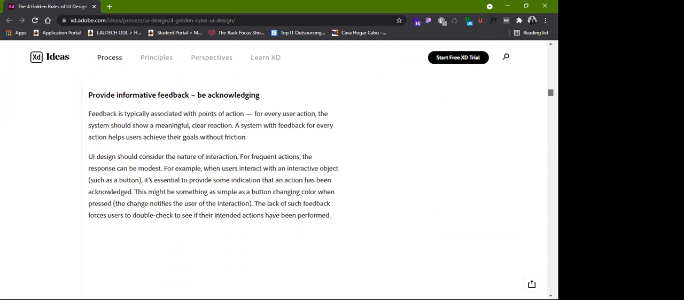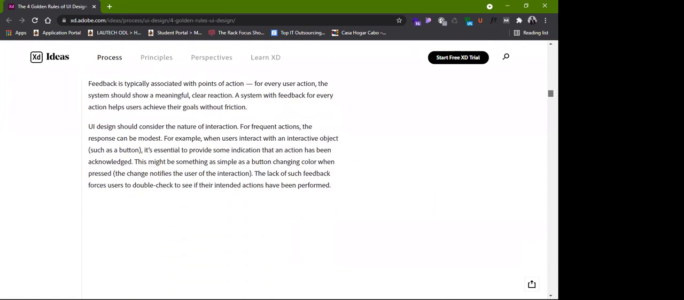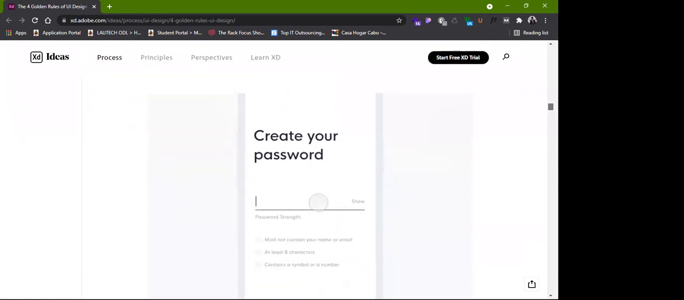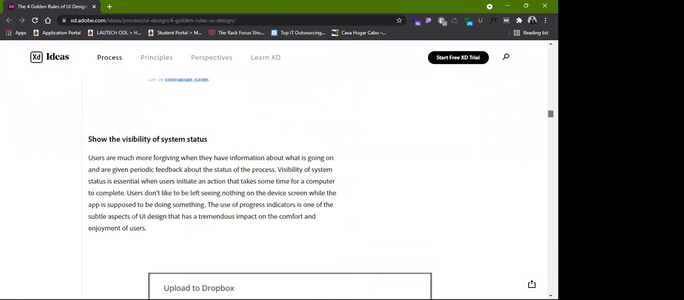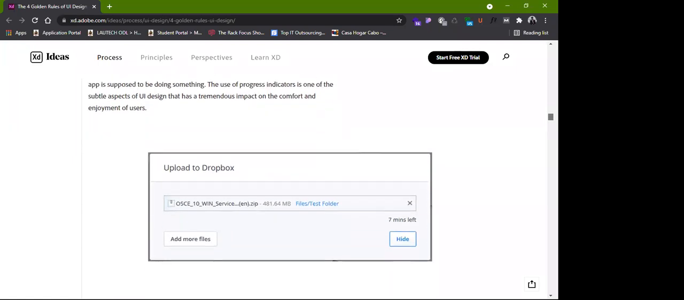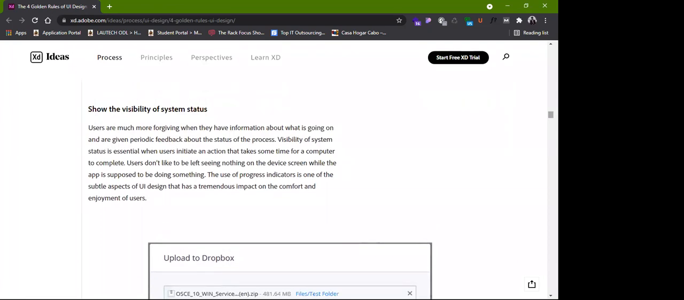I'm going to go into the next thing. Also, you have to be acknowledging and providing informational feedback. I'm going to quickly jump to the next thing and show us something as well. Then you have to show the visibility of the system status. What that means is